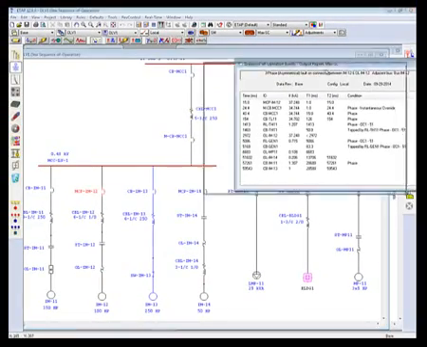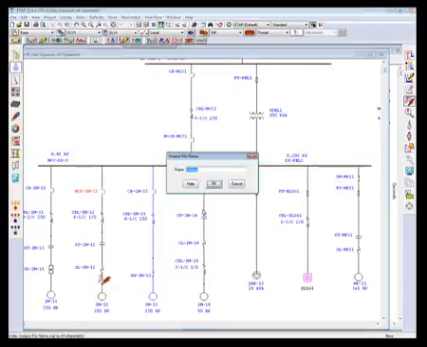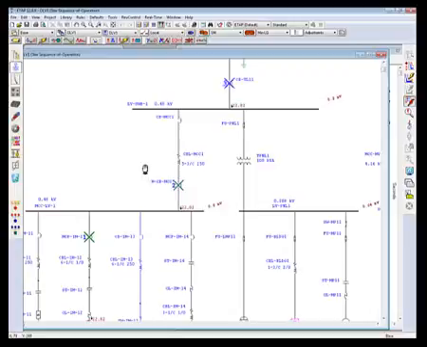Once I set it to line to ground fault and set my report for prompt, I again place a fault on this motor,